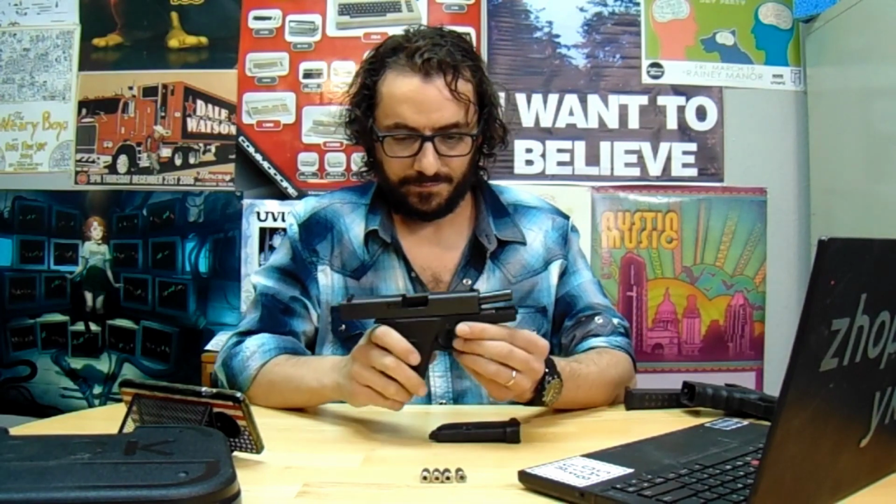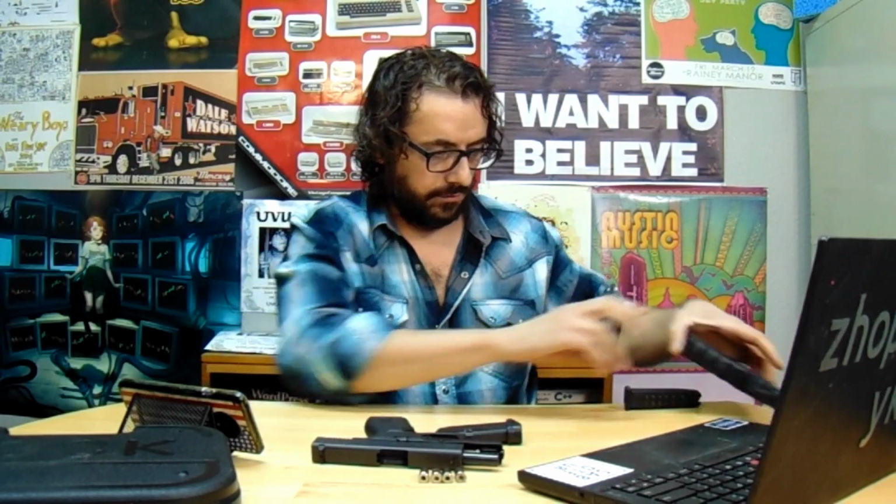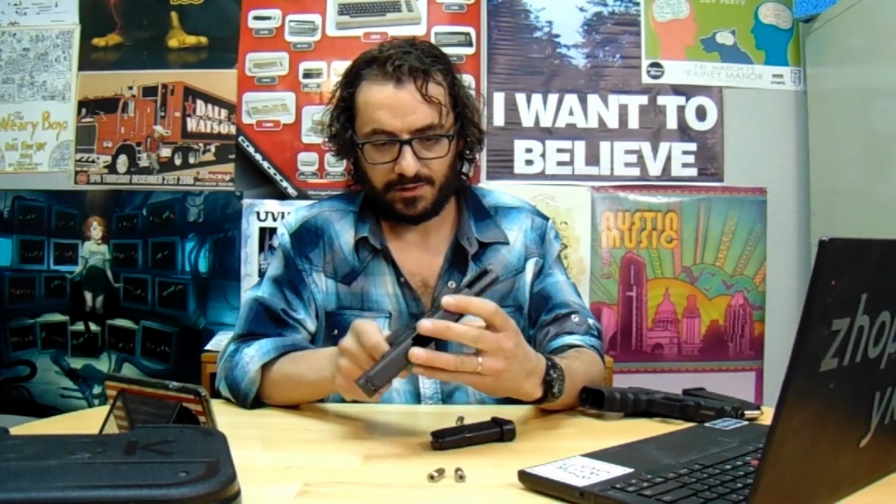Alright, the Glock 43. G43. It's a pretty popular handgun. I got it because it's small and it's Glock, and I'm very comfortable with Glocks. I've had this Glock 19 for quite a while. I love it. It has never, ever had any problem. It hasn't jammed. It hasn't done anything that it's not supposed to do. Not once. This brand new Glock 43